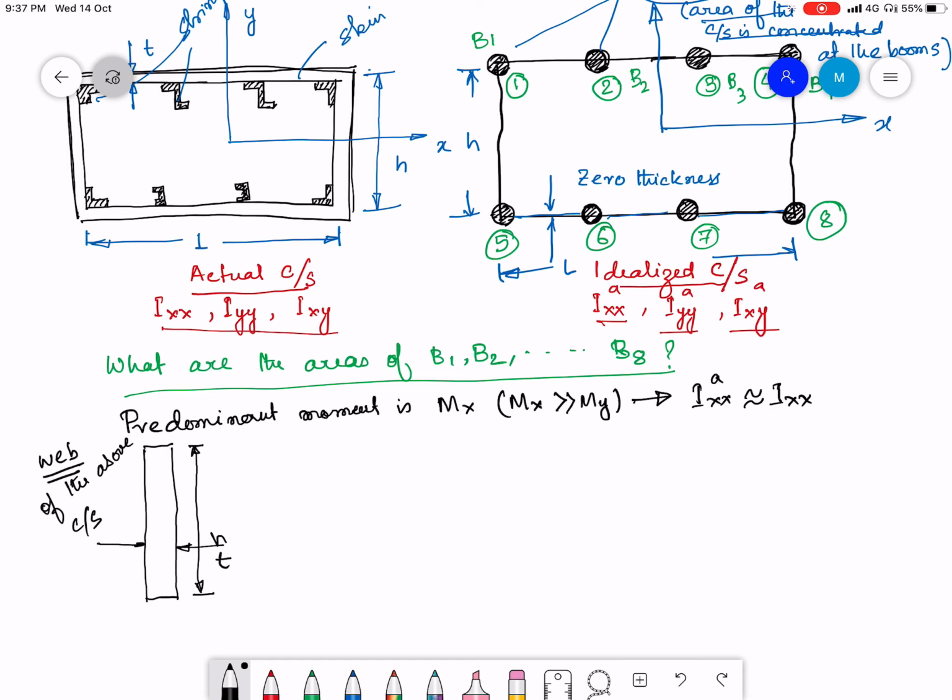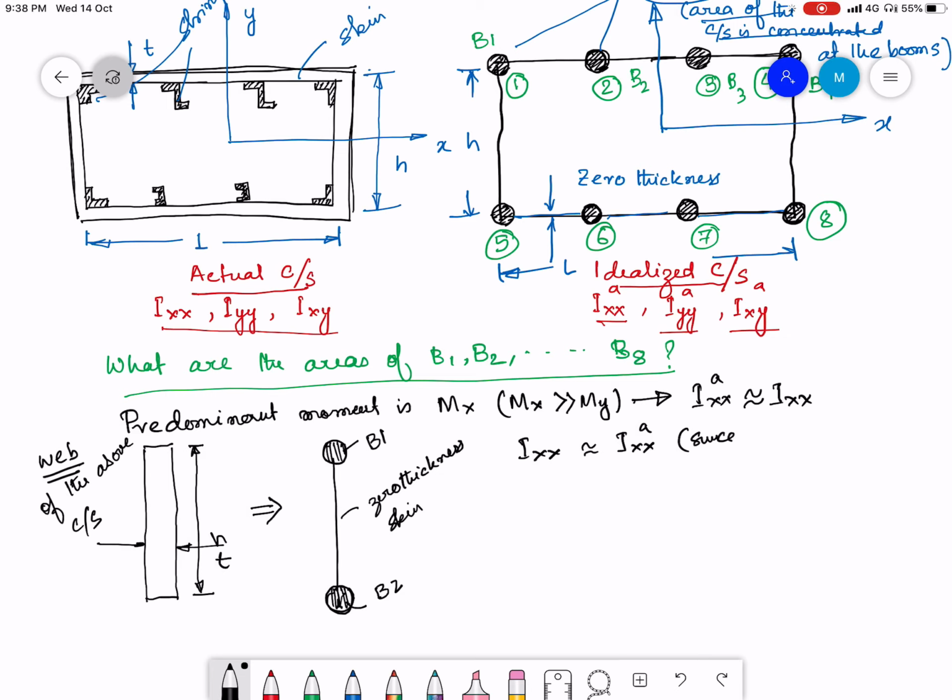So if I need to replace this by a skin stringer idealized case, this is the zero thickness skin, and this is boom 1, this is boom 2. So my philosophy is that Ixx should be almost equal to Ixxa